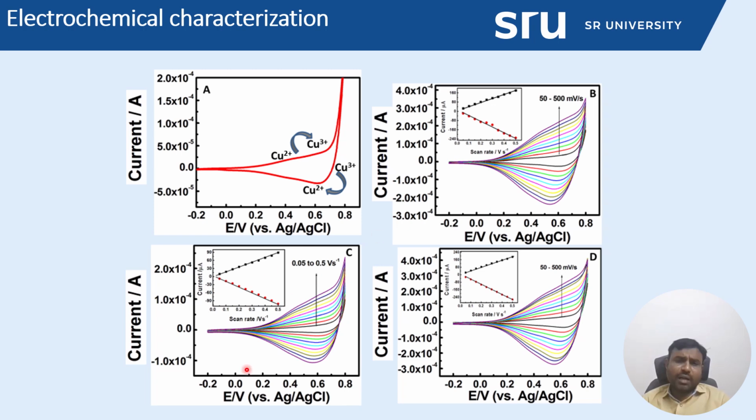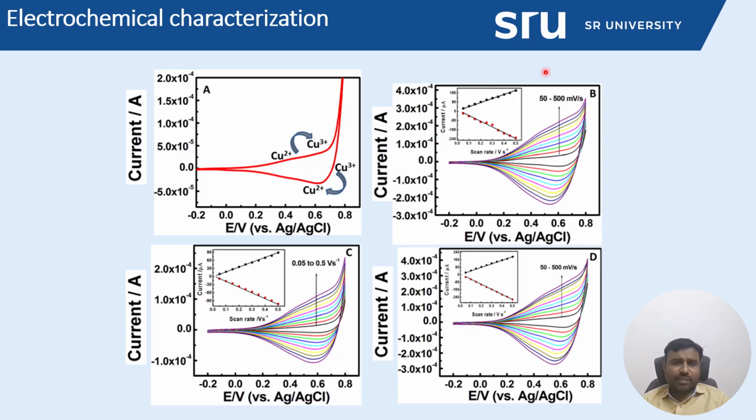See here, all the cyclic voltammetry studies at different scan rates from 50 millivolt to 500 millivolt. We can see all the copper sulfide modified electrodes derived from the different solvents show the characteristic broad copper redox oxidation peak. The broad oxidation peak is due to the conversion of copper 2 plus to copper 3 plus. Similarly, there is reduction of copper 3 plus to copper 2 plus. So here it may be particularly noted,